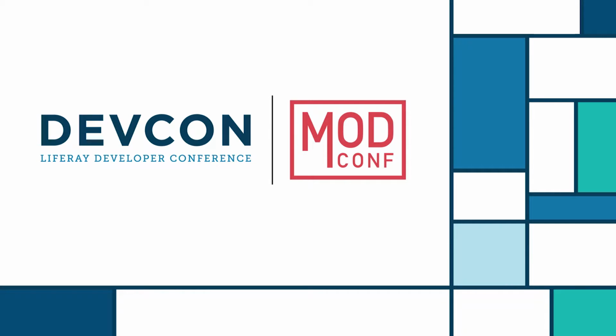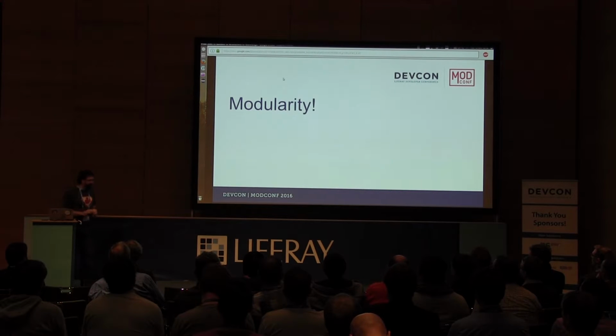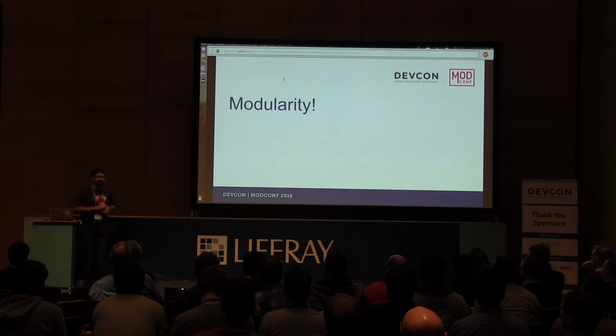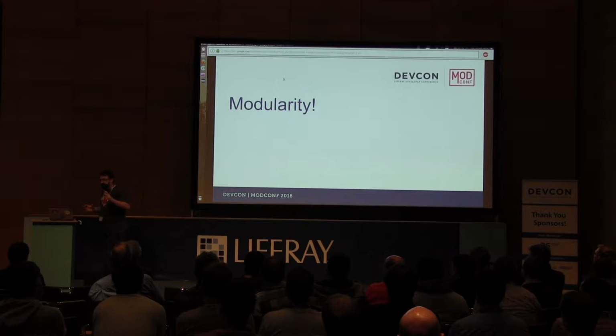It's the YARM score, which is yet another rationalization for the modularity talk. But I'm going to be able to save a lot of slides from my talk, because Brian Chan and Peter Kriens did a lot of the work for me to rationalize what we've done for modularity in Liferay. And what I want to really focus on now, so I'm going to fast forward, and really emphasize that what they've talked about isn't